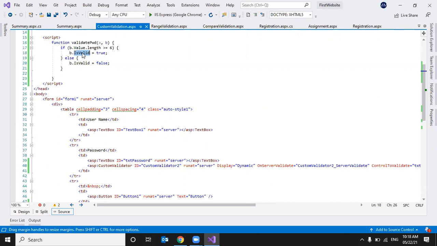In that scenario, which control do you use? You cannot achieve it with required field, range, or compare validator. Either you can write it with a regular expression or custom validation. So custom validation is a control where you write your own code to validate the data.